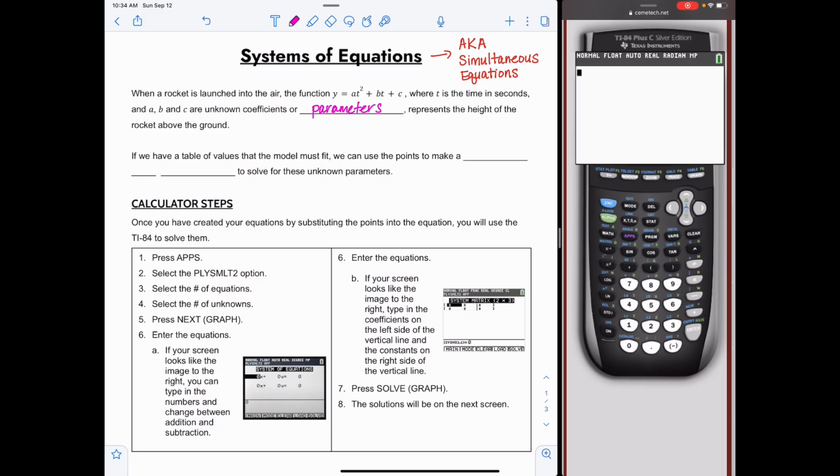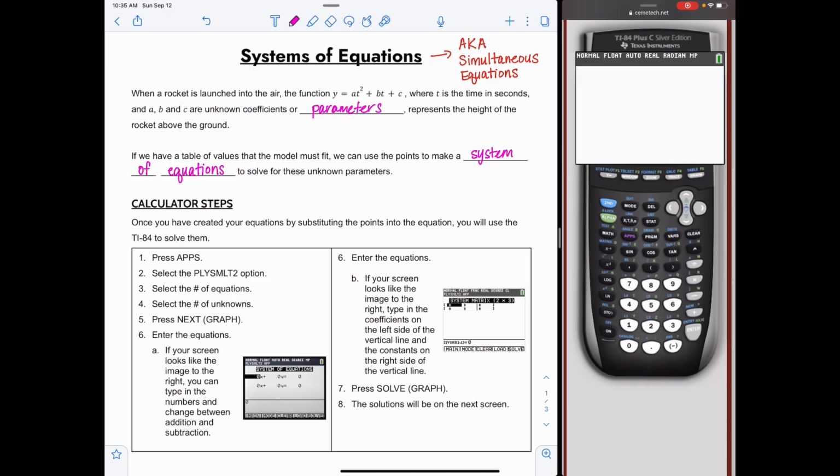If we have a table of values that the model must fit, we can use the points to make a system of equations so that we can solve for those parameters or those unknown coefficients. So we're going to use the calculator to do the majority of this for us. Of course, you will have to create your equations by substituting your points into the equation and simplifying. But once you have created those equations, you can enter them into the calculator and have it solve the